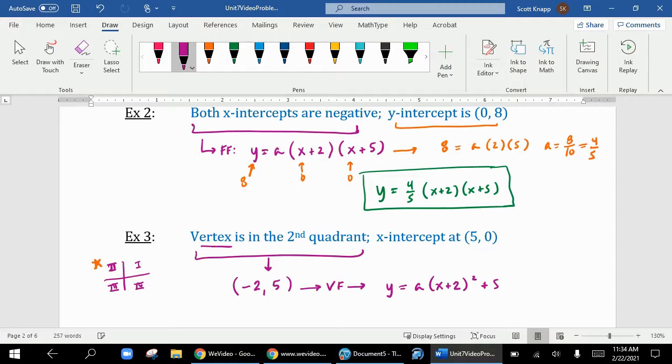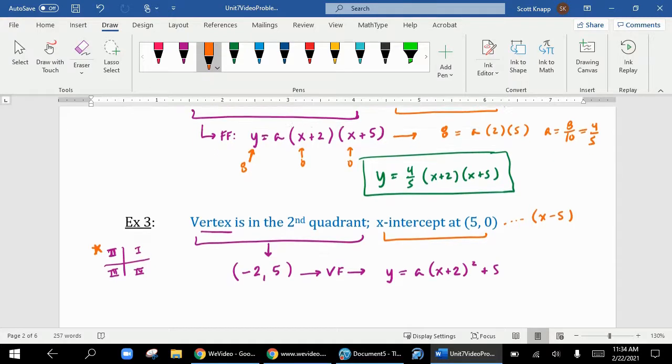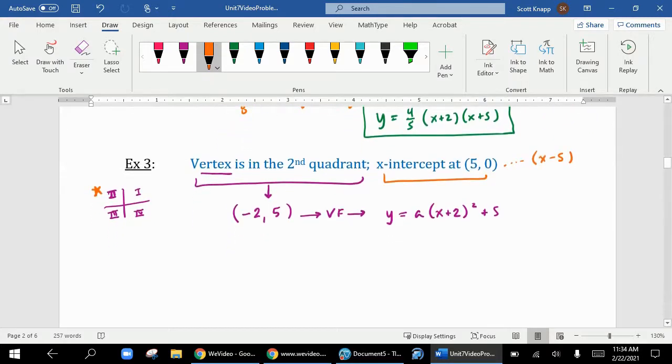Okay, all right, and my goal now is I still have to find out what that a is, but that's why they gave me the other piece of information. So the x-intercept is at 5, 0. Normally we would think, well, that could be written as a factor. A factored form is x minus 5. But here, what we're going to do is we're going to use that in order to solve for a. Remember, we can solve for a by filling in any point that would be on the graph of the quadratic function. So if y is 0 and x is 5, I can set this up and solve to determine what